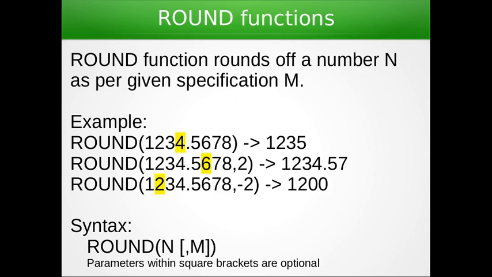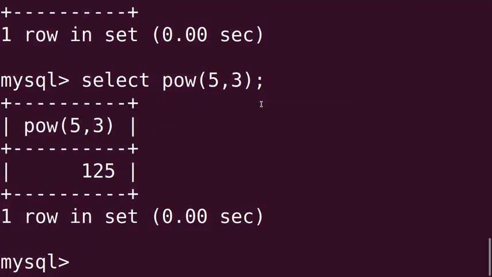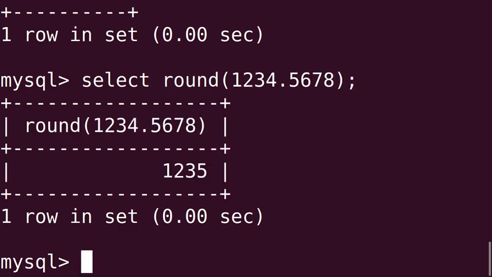So let's see the execution of round function. Select round within bracket 1234.5678. Close the bracket, put semicolon, press enter. Output, have you seen? It is 1235 as we have discussed in our presentation.